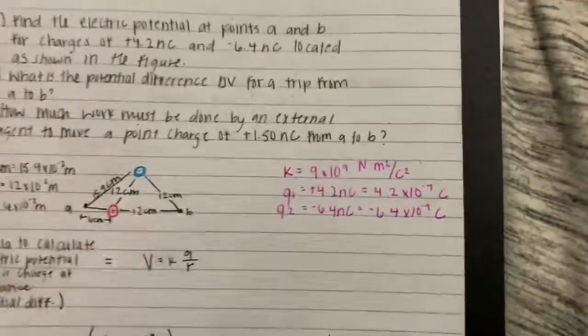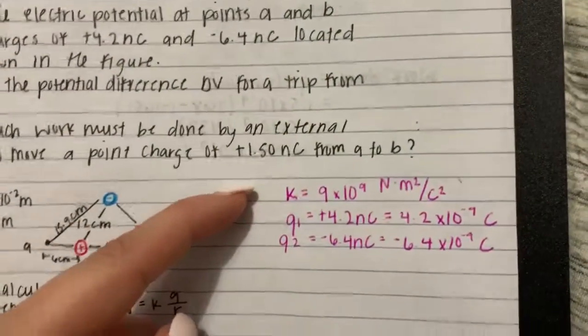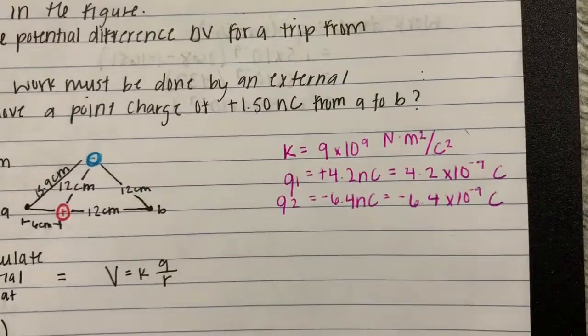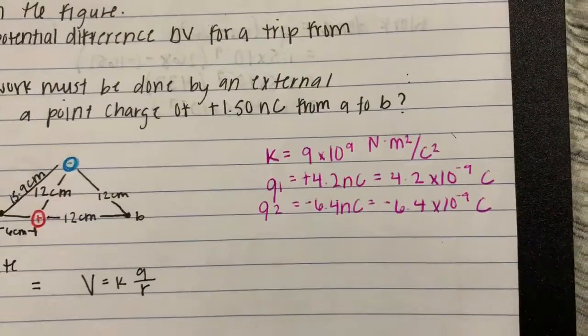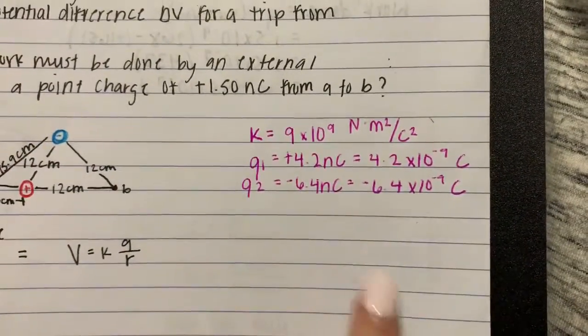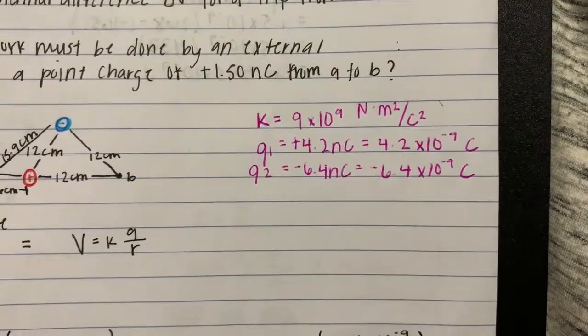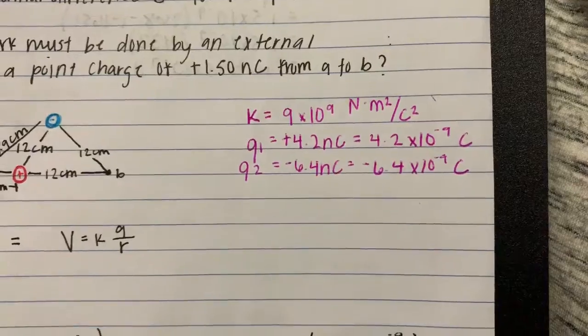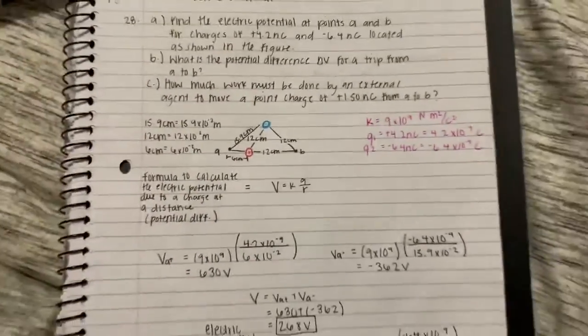Okay, and then I wrote down my constant that's given to me on my formula sheet, and then my Q1 is my first charge, and I changed nanocoulombs to coulombs, so that's going to be 4.2 times 10 to the negative 9 coulombs, and I did the same thing for the second charge, so it's going to be negative 6.4 times 10 to the negative 9 coulombs. Alright,